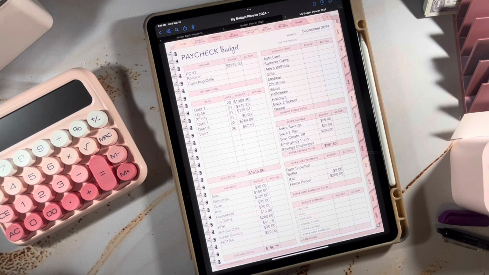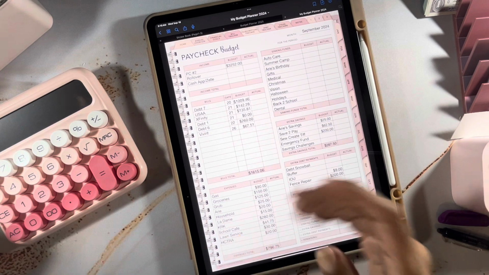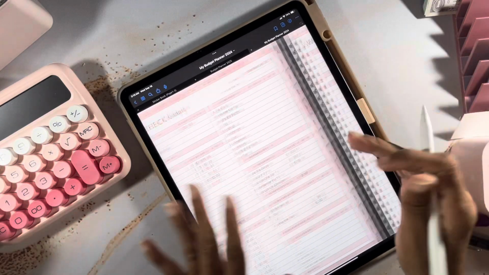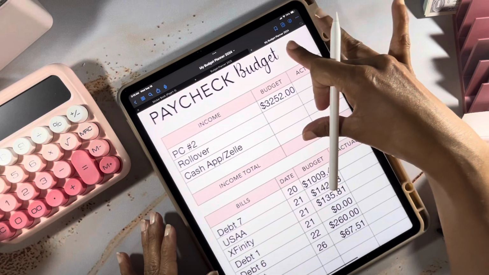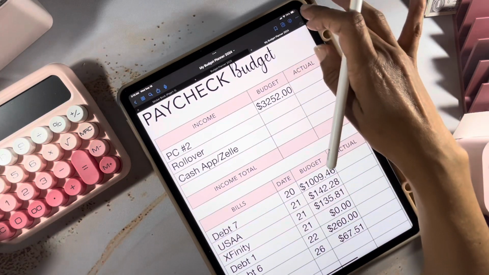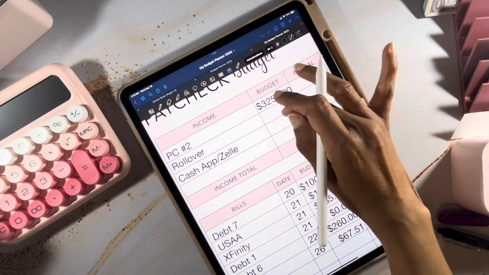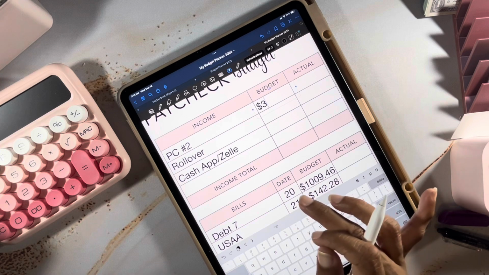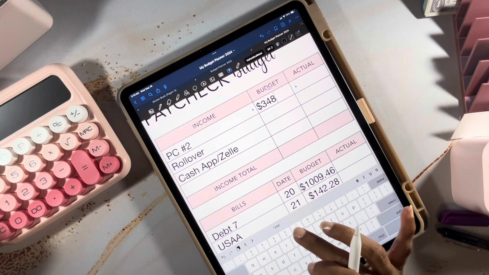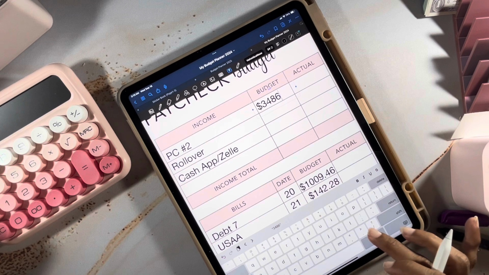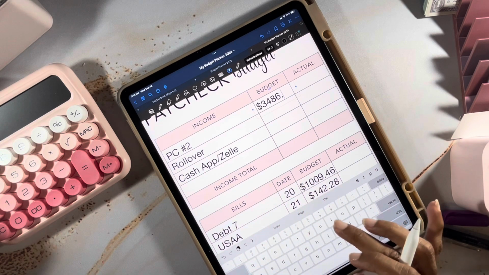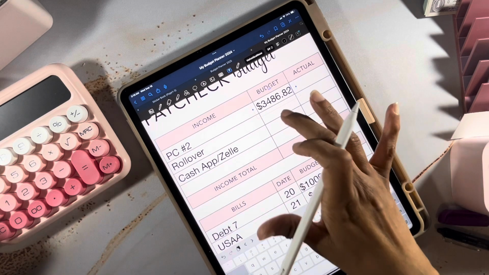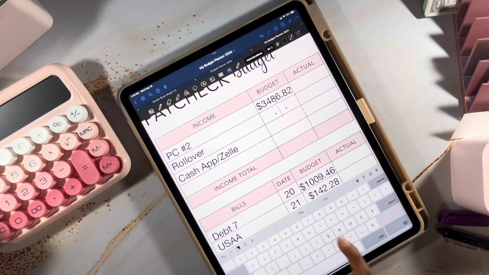So first off, let's see how much my check is going to be. And this is actually going to be, oops, we're going to change this here. Okay, there we go. So this is going to be $3,486.82. All right, and then I have a rollover of